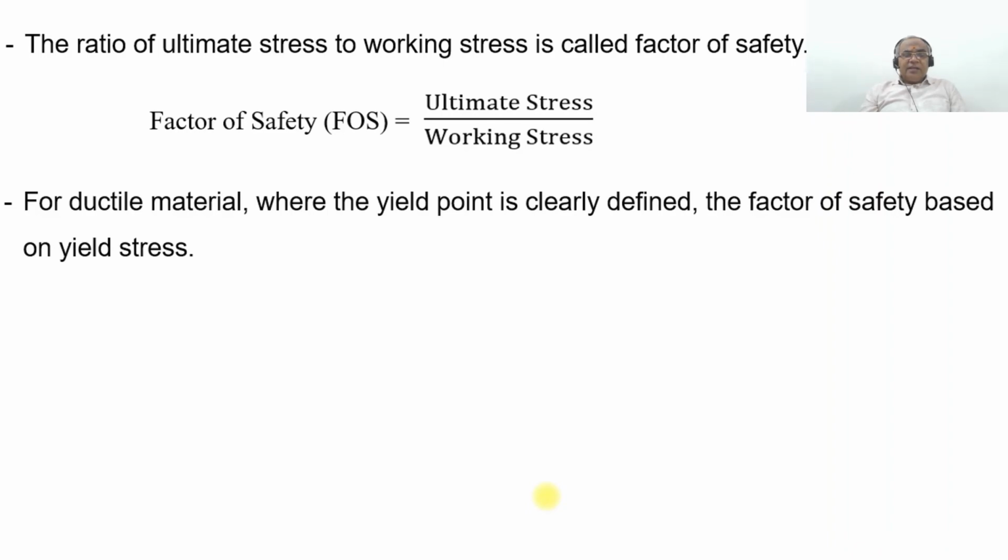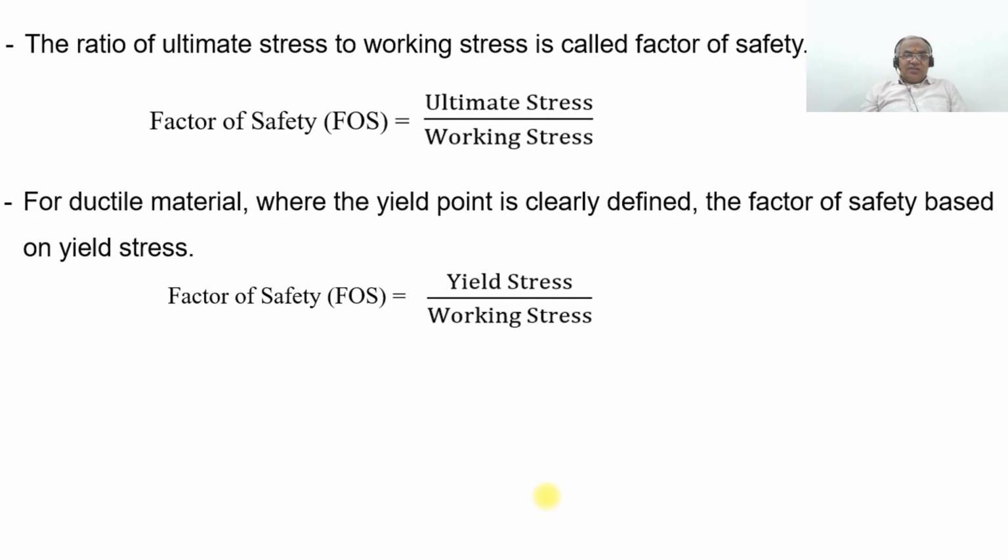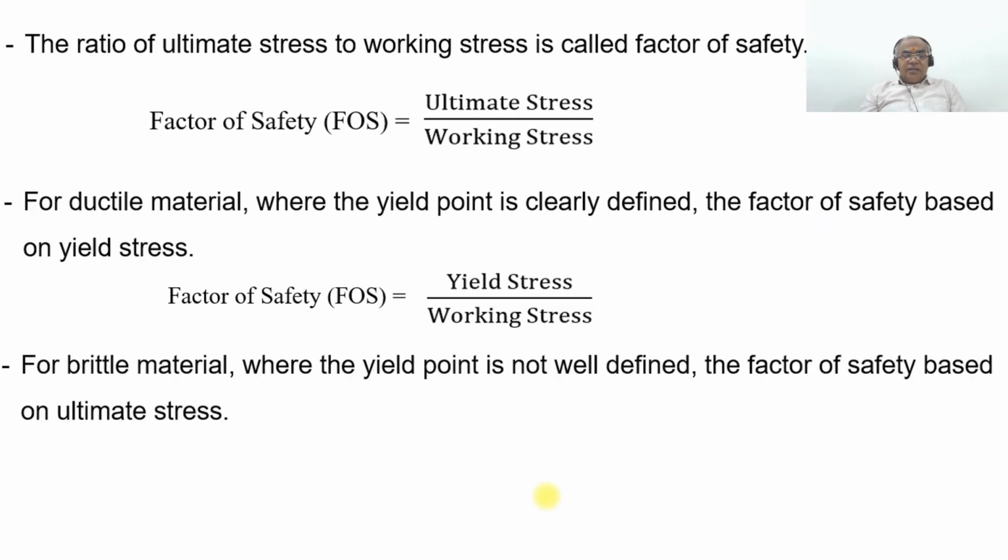For a ductile material where the yield point is clearly defined, the factor of safety is based on the yield stress. What is the factor of safety? Yield stress by the working stress. For brittle material where the yield point is not well defined, the factor of safety is based on the ultimate stress. So whenever you are taking a ductile material, you go for the yield stress. If you are going for a brittle material, you have to go for the ultimate stress. So the factor of safety is ultimate stress by the working stress. This is how you will be able to analyze the stress-strain curve for brittle materials and other materials,